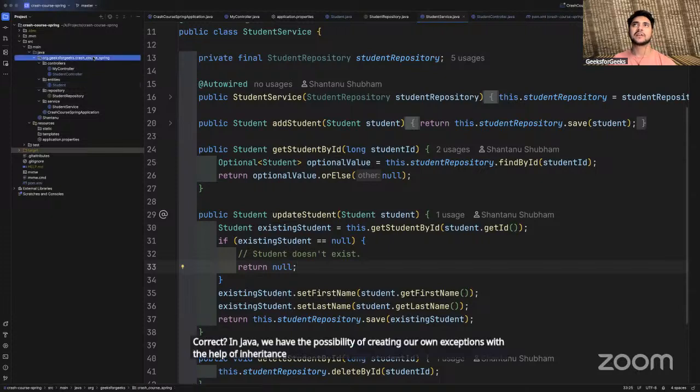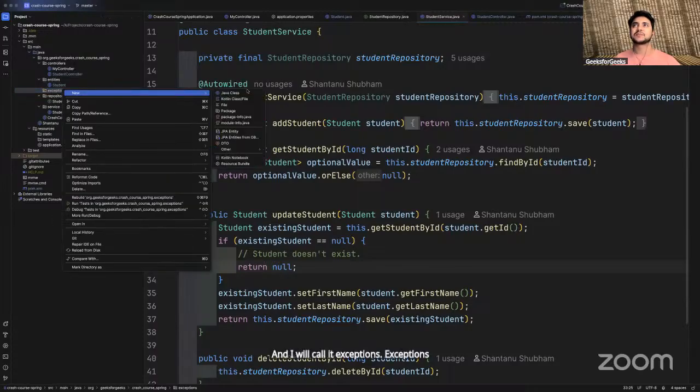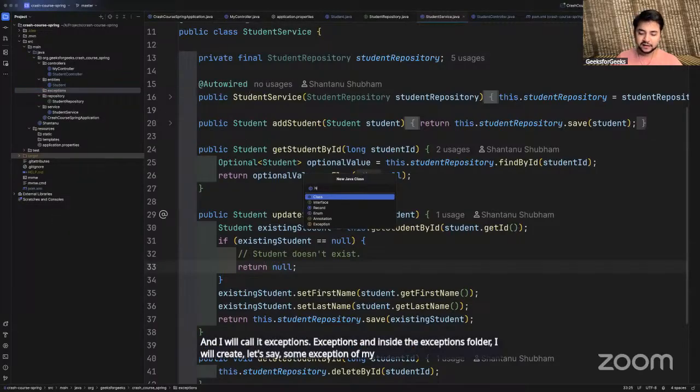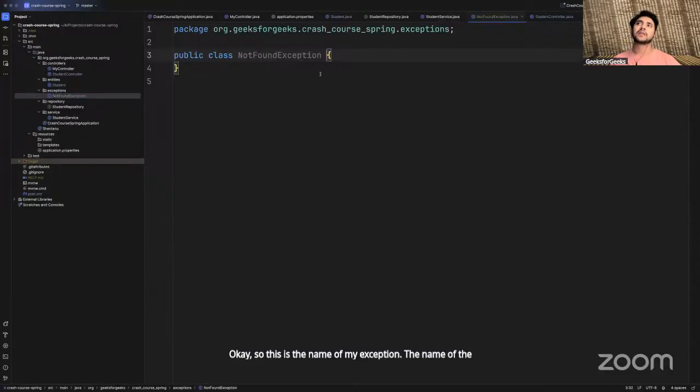So here I will create a new package and I will call it exceptions. Inside the exceptions folder, I will create some exception of my choice. Let's say NotFoundException. This is the name of my exception.